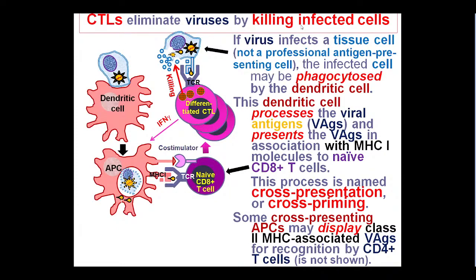Cytotoxic lymphocytes eliminate viruses by killing infected cells, and the dendritic cell in this process may maintain so-called cross-presentation or cross-priming. What is this? If a virus infects a tissue cell, here the blue cell with the virus, this cell usually is not a professional antigen-presenting cell, epithelial cells, for example. But in this case, the infected cell may be phagocytosed by a dendritic cell or macrophages. But now we will discuss problems related to the dendritic cell. This dendritic cell, after engulfment of the virus-infected tissue cell,